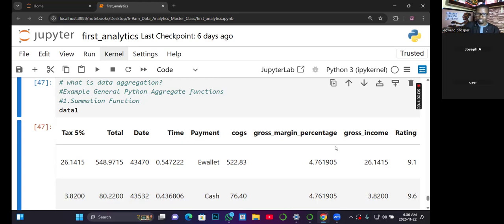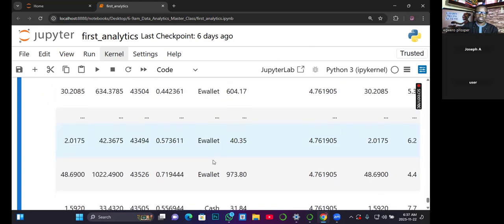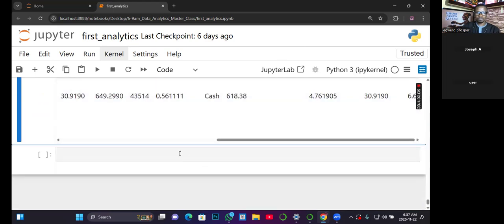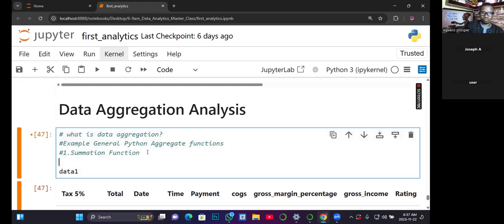So now looking at the question, like I said, we are going to use analysis questions to explain all these functions. So the first question, the analysis question for the application of the sum function, let's assume